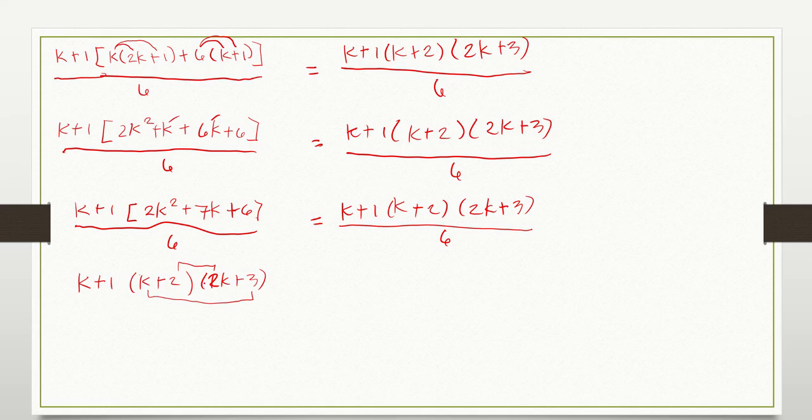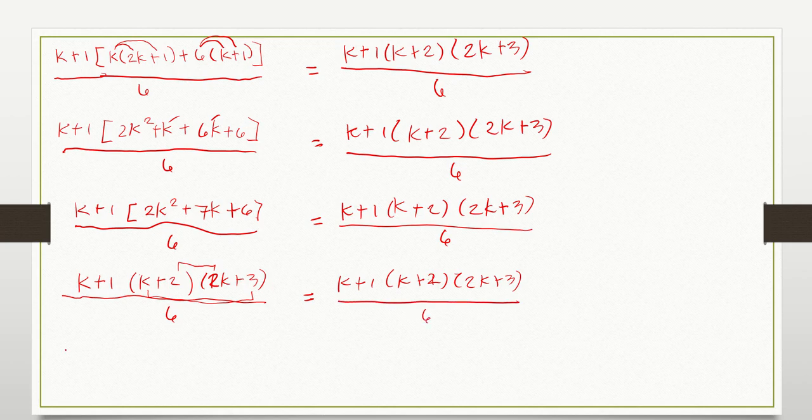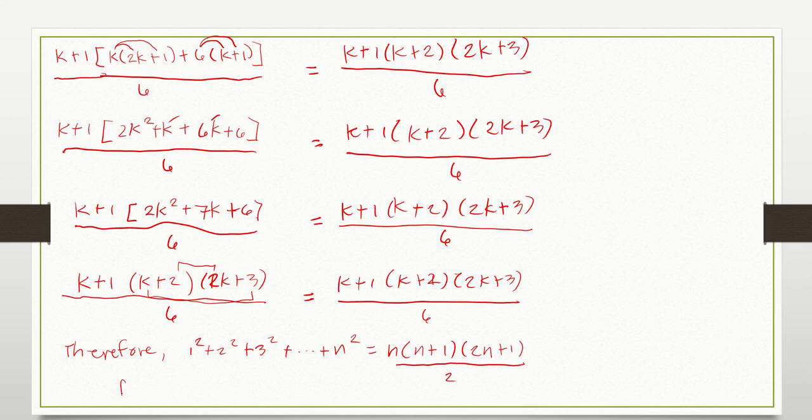And then k times 2k is equal to 2k squared. So they are just equal there above. And then we have now proven that the left side and the right side are just equal: k plus 2 times 2k plus 3 all over 6. And then for the last answer, therefore the given 1 squared plus 2 squared plus 3 squared plus so on plus n squared is just equal to n quantity n plus 1 times 2n plus 1 all over 6